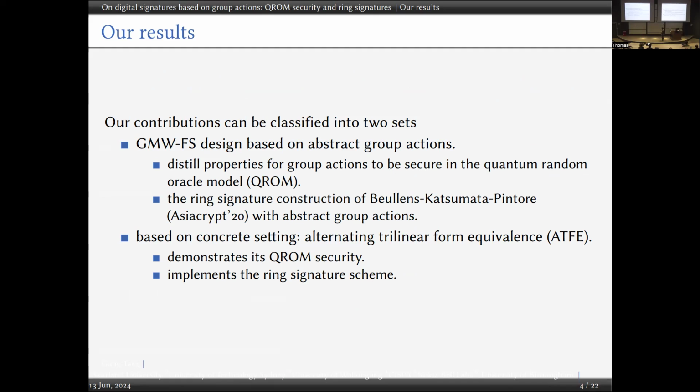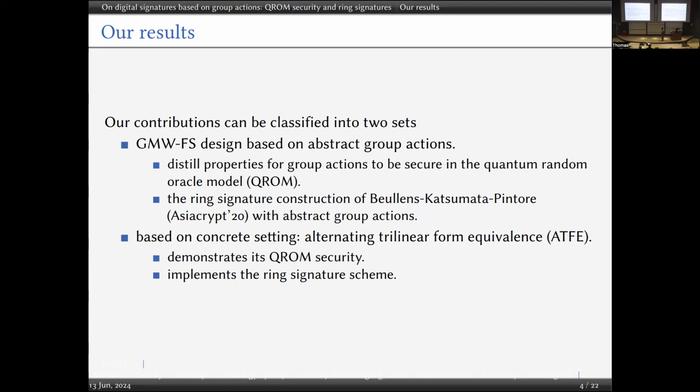Our contribution can be divided into two parts. The first part is related to the quantum random oracle model. We distill the properties for the group action to be secure in the QROM. And the second part, we adapt the